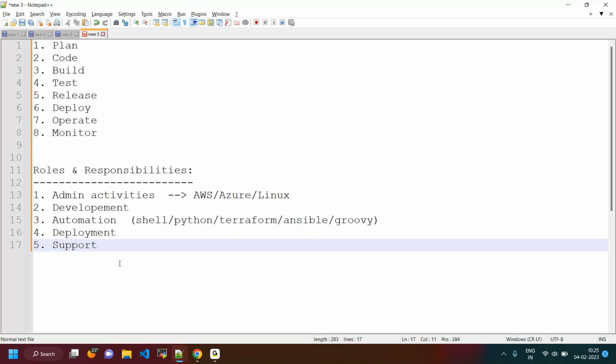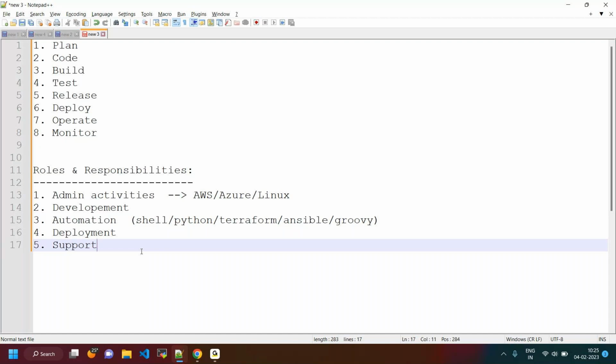On the DevOps side also, whatever deployment you have done, that deployment needs to be supported by the DevOps guy himself. Other guys don't have much idea about the deployment activities. Those guys don't know about any issues coming within the DevOps activities. Even these support guys should understand. They are not required to learn much, but they need to understand what the exact issues are and why they are happening. These are the major roles and responsibilities involved for DevOps guys.